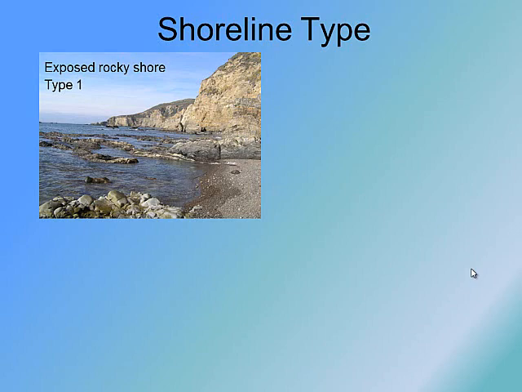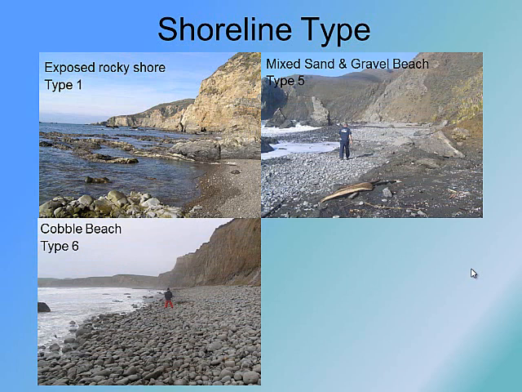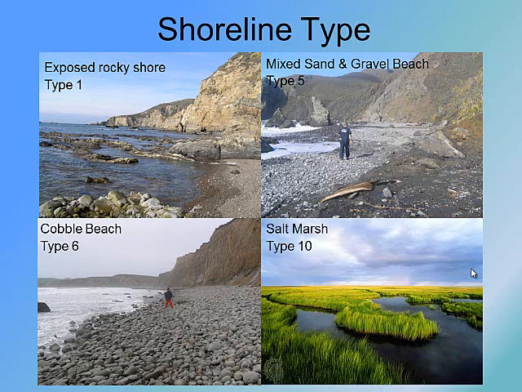Moving up through the scale, type 5, which is mixed sand and gravel beaches, and type 6, which is coral beaches, will be moderately impacted by an oil spill, and it will be moderately difficult to remove oil from these habitat types. And then lastly, up at the top, type 10, which is salt marsh, will be the most significantly impacted by